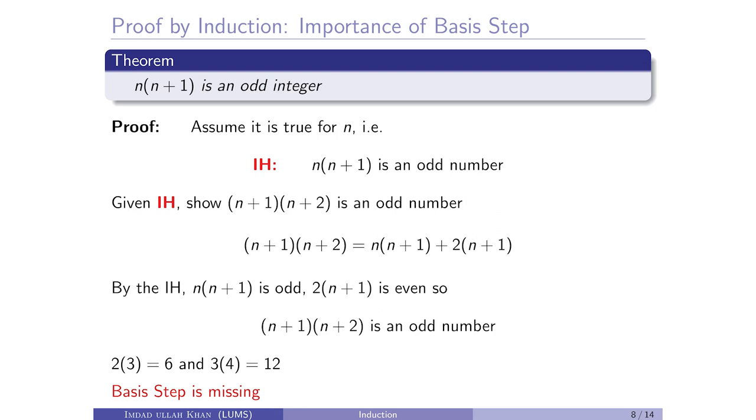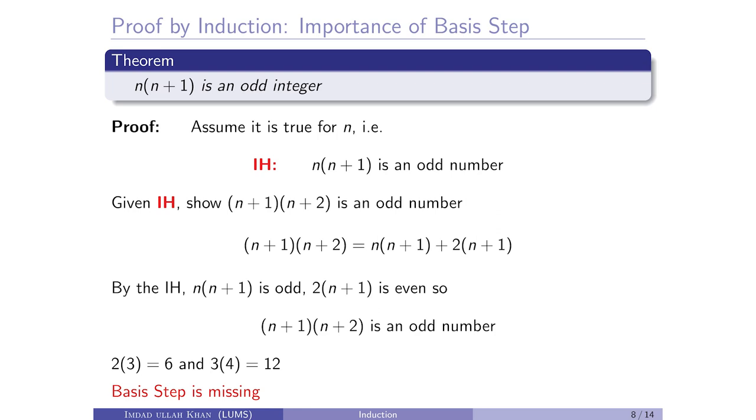Okay, let's go through this proof very quickly. n into n+1 is an odd integer. So is this proof correct? Any blunder or mess up which would have been made over there? n equals 2, 2 times 3 is 6. Okay, so is anything wrong? n into n plus 1 is an odd number, this is our assumption.